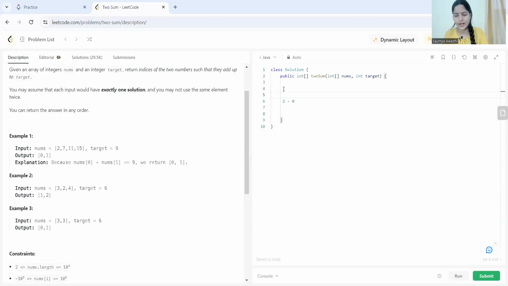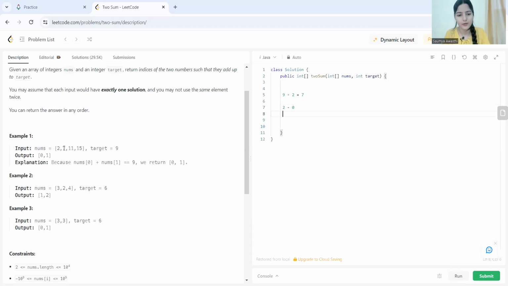We can put this check actually in the starting itself: whatever value you have, check if target minus that particular value exists in the hash map or not. So for example, here we have seen 9, here we have seen 2, so 9 minus 2 is 7. Does 7 exist in our hash map? As of now in our hash map there is nothing. No. If that is not the case, just keep this entry in the hash map. So what is the entry? 2 and the associated index, that is 0.